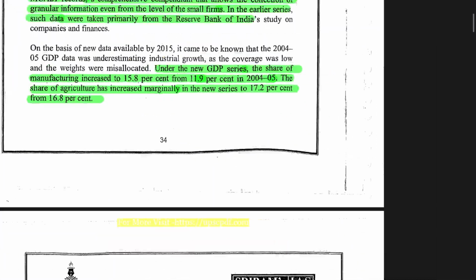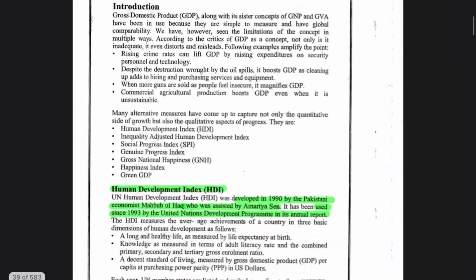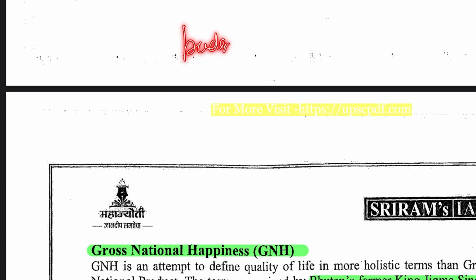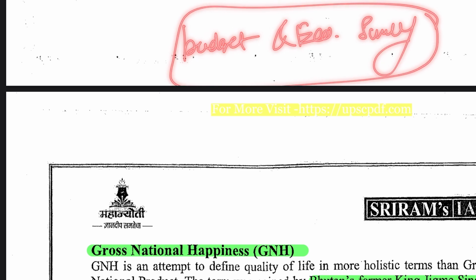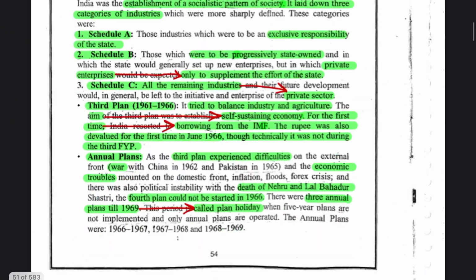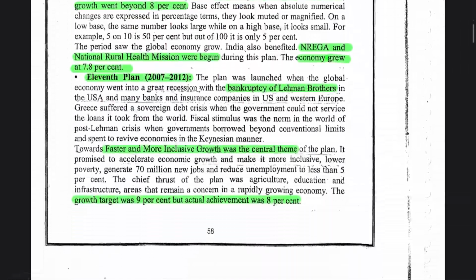But I think this is a very good source, and again, it is slightly outdated, but if you supplement this with the budget and economic survey, it will help you. Then it would be a properly updated material. So this way you can prepare. I think there's not much to elaborate on, right? So these are the pages, and I think this gives you the basic idea of how these notes are.